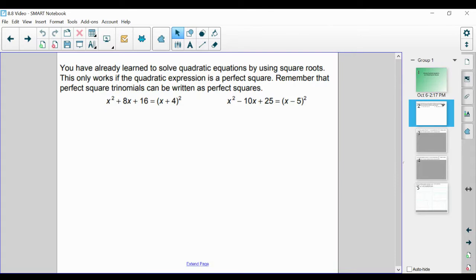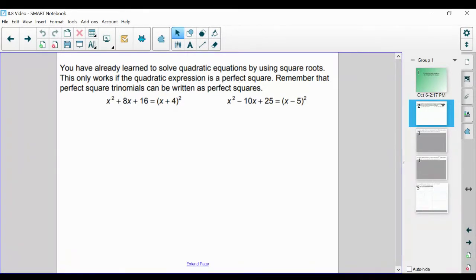So we've already learned to solve quadratic equations by using square roots, but this only works if the quadratic expression is a perfect square. Now remember that perfect square trinomials can be written as perfect squares. So if we had x squared plus 8x plus 16, we can factor that and write it as the whole quantity x plus 4 squared. Likewise, if we had x squared minus 10x plus 25, we can factor that and write that as the quantity